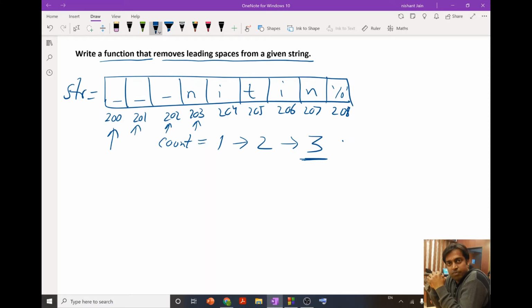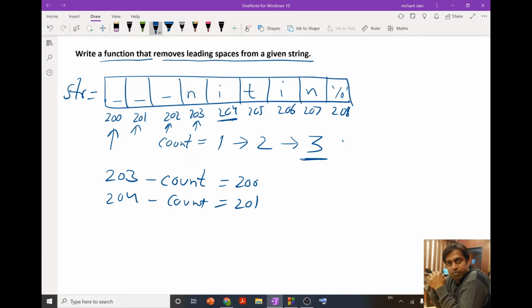So how can we do this? We have the address of n as 203. If we subtract the count from it, we get 200. Similarly, if I check the address of i, 204, and subtract the count, I will get 201, and so on.